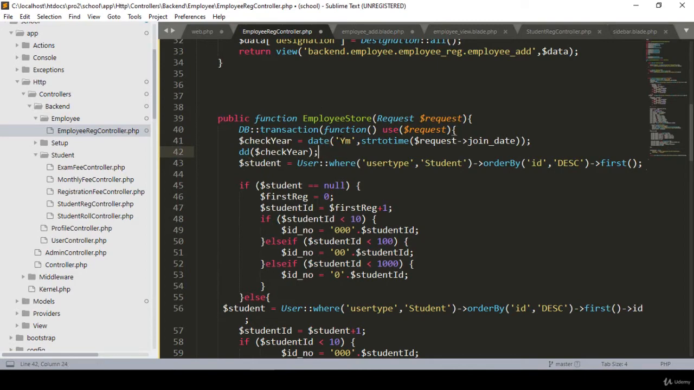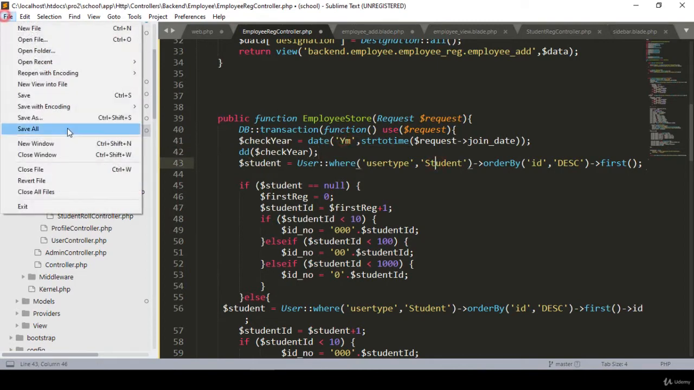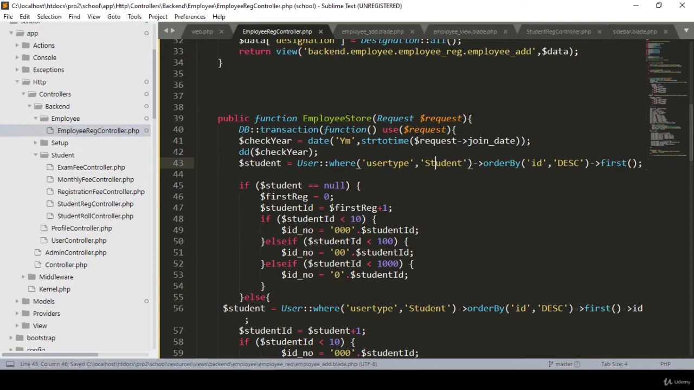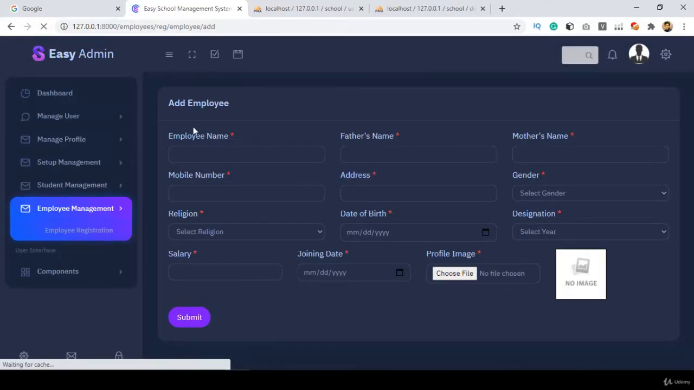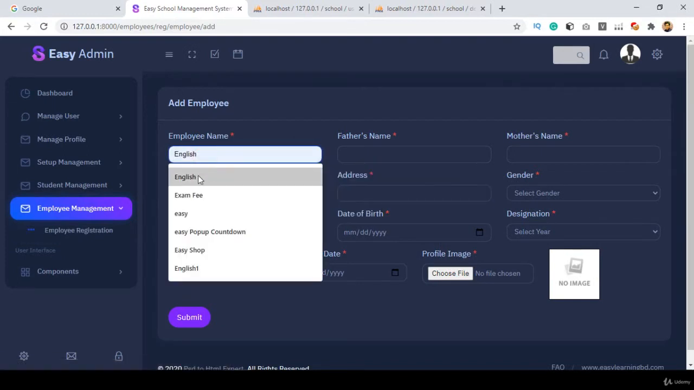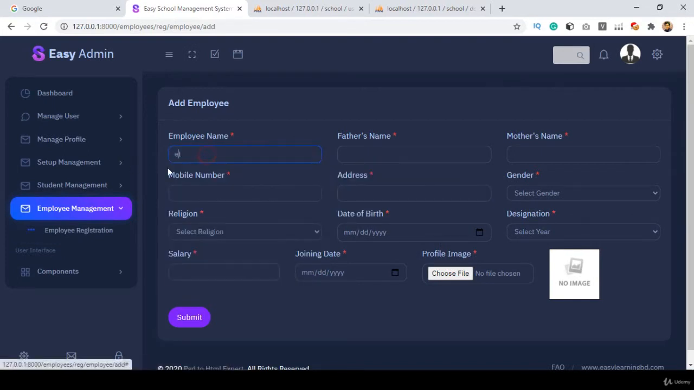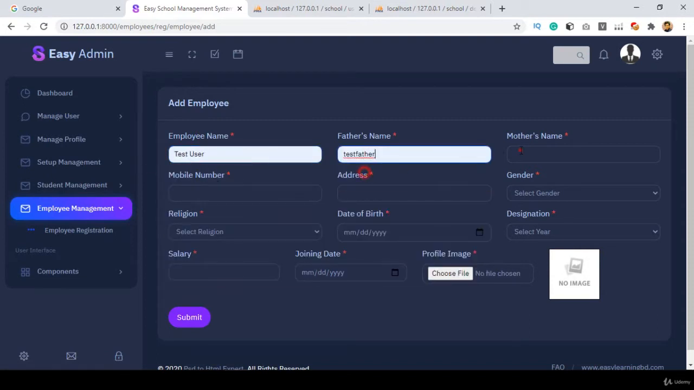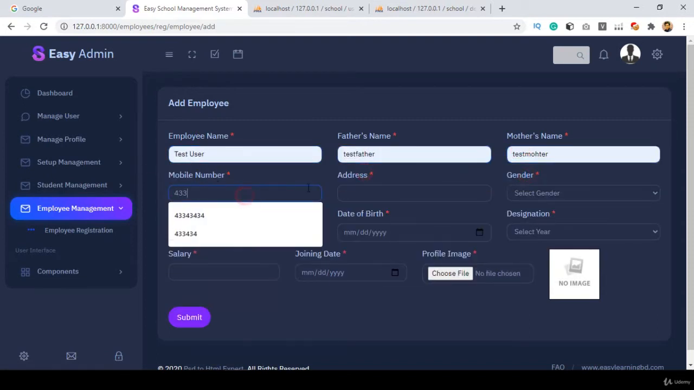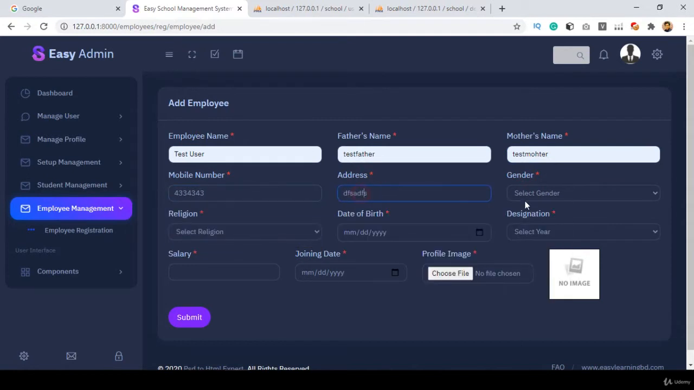What type of date it should get. I click save all. So right now, first of all, I have to check with this. Better I refresh it, and now I enter the name. Okay, I name it as test name something. Okay, test user, and then test father, test mother, put some mobile number, put some address,